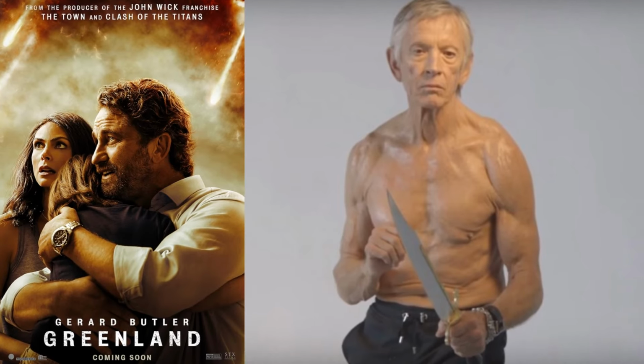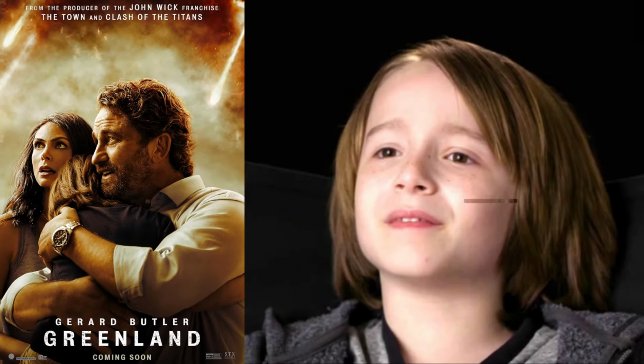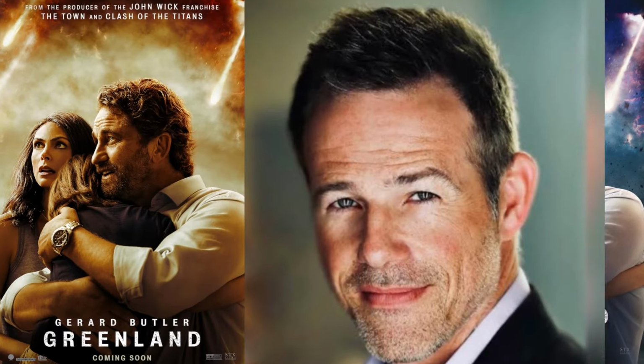This rhythm keeps viewers engaged on multiple levels, mixing adrenaline-fueled sequences with emotional payoff, which is a hallmark of effective genre filmmaking. Humor in Greenland is subtle but smartly placed. Instead of relying on slapstick or obvious comic relief, the film injects moments of lightness that feel authentic to the characters and their situation. For example, some witty exchanges between John and Allison or brief sarcastic remarks pop up naturally